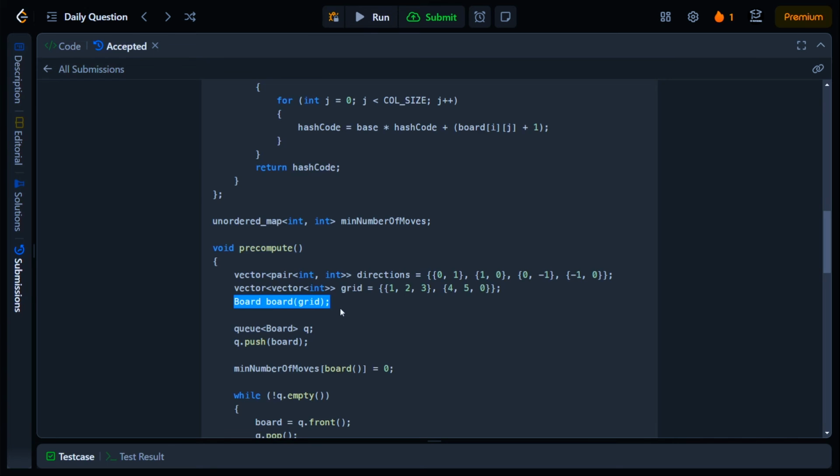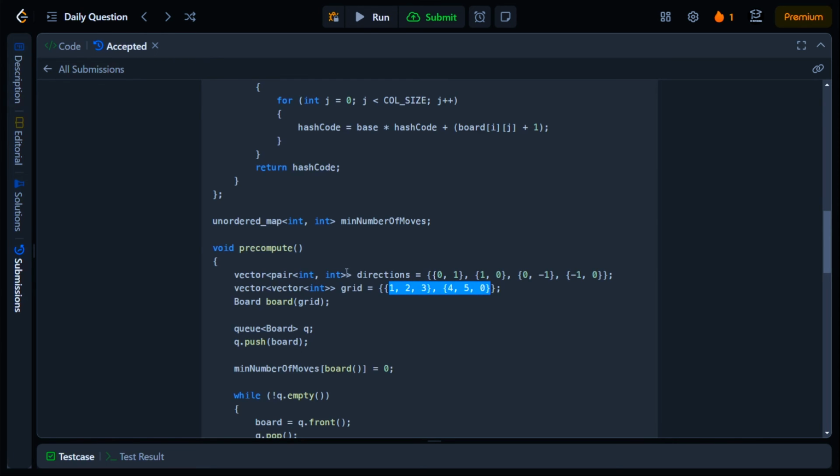We have to have a unique value to identify every board state. For this reason, some people convert a board state like this one into a 1D array, or basically a string. So if we're given 1, 2, 3 and 4, 5, 0, they just have a string of 1, 2, 3,